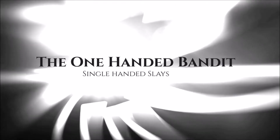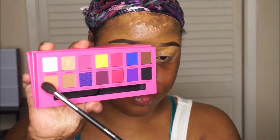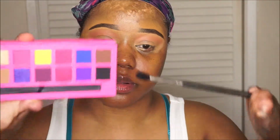So now on to the eye look. To conceal my eyelids, I'm using the Jouer Place concealer in number 13, just to prime my eyes before my shadow. And I'm going in with the ABH Alyssa Edwards palette, and I'm going to use the first shade called...